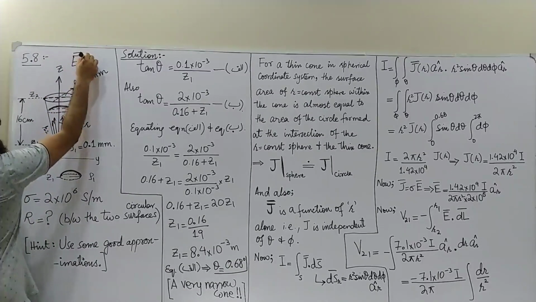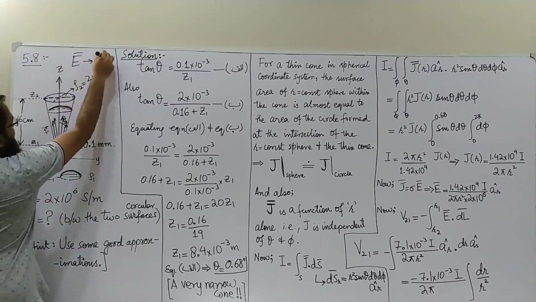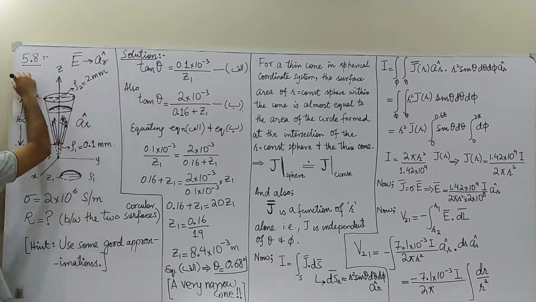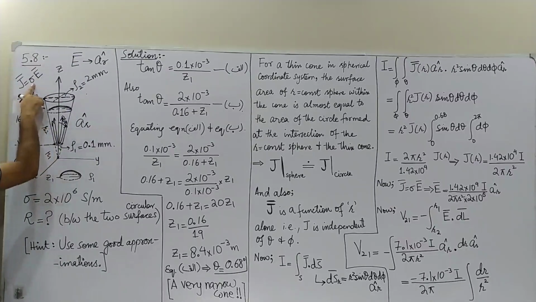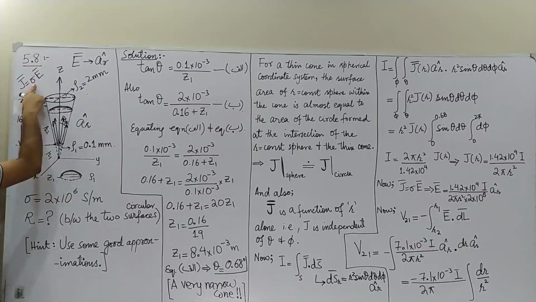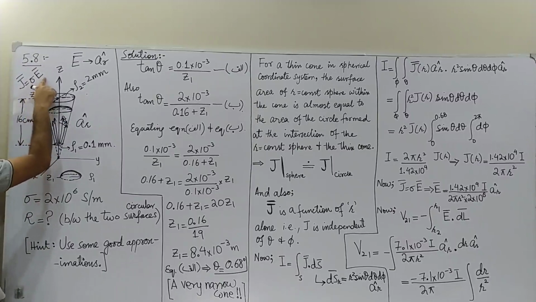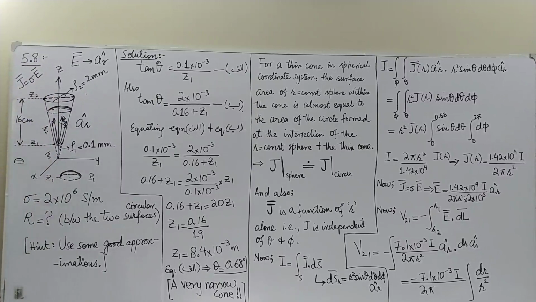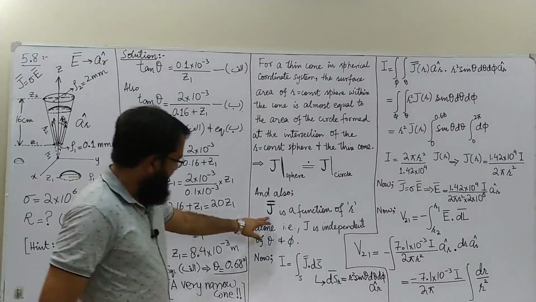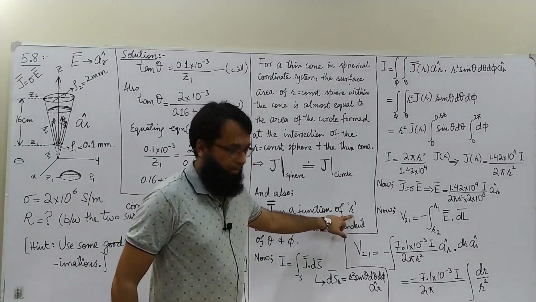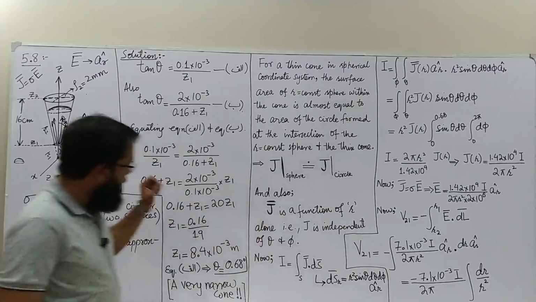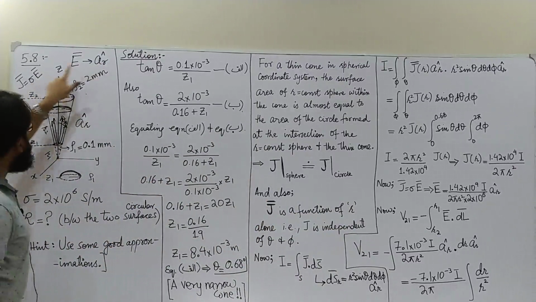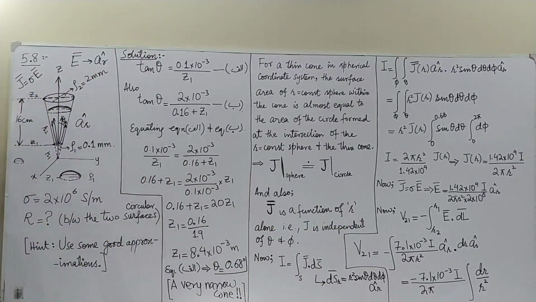meaning electric field intensity will be in the AR direction, and since we know that J is equal to sigma E, where this sigma is a normal numerical constant, J will share the direction of E. Whatever the direction of E would be, J will have the same direction. So not only is J a function of R alone, rather J will also have only an AR component, nothing else.